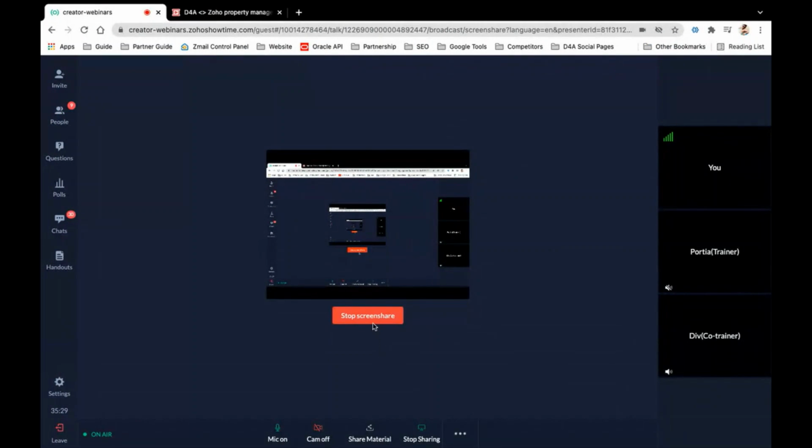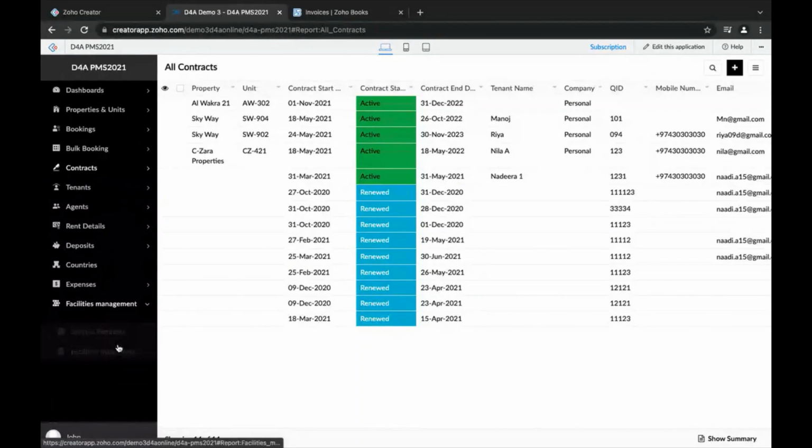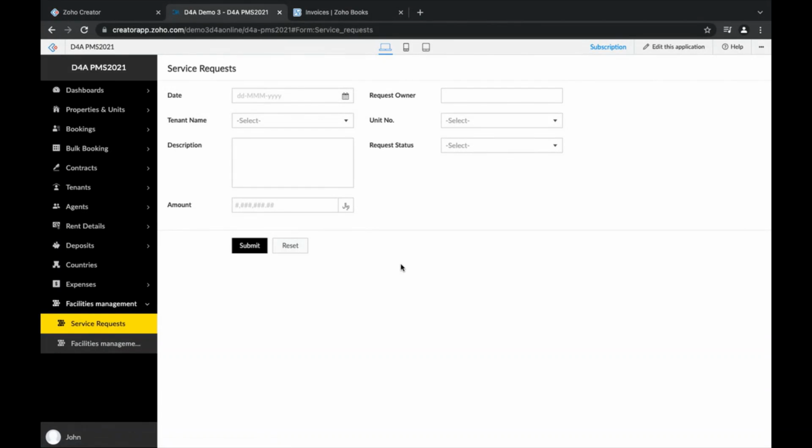Are the service requests for complaints and repairs integrated with this module? That is correct. We also have facility management. Using facility management, you will be able to keep track of your service requests, and all the service requests are associated with individual assets as well. For example, when I'm choosing the property name and the unit name, it will automatically display the list of units associated with that particular property. All the assets that have any maintenance request can be tracked here, and any replacement that you are doing can also be followed up.